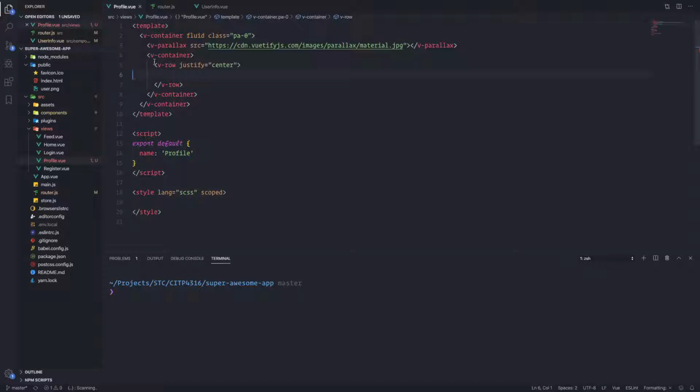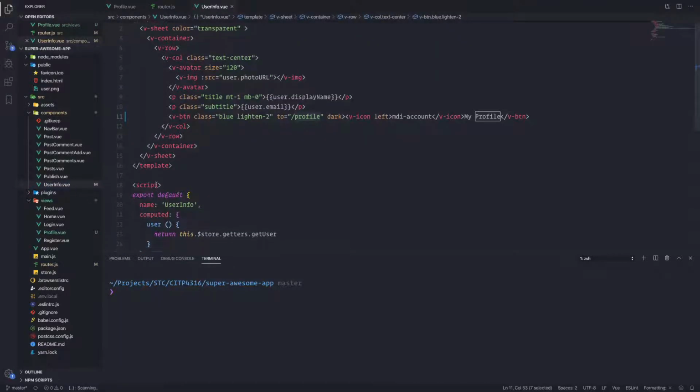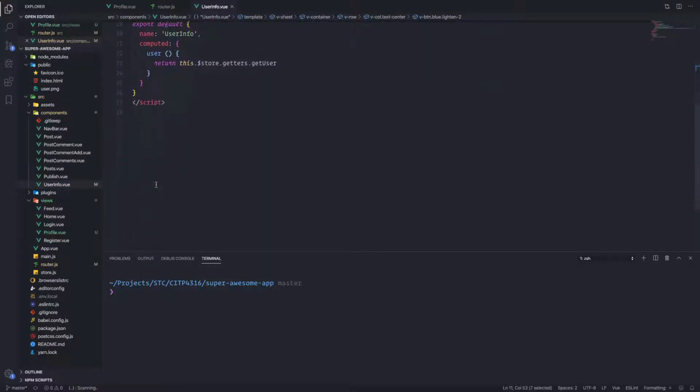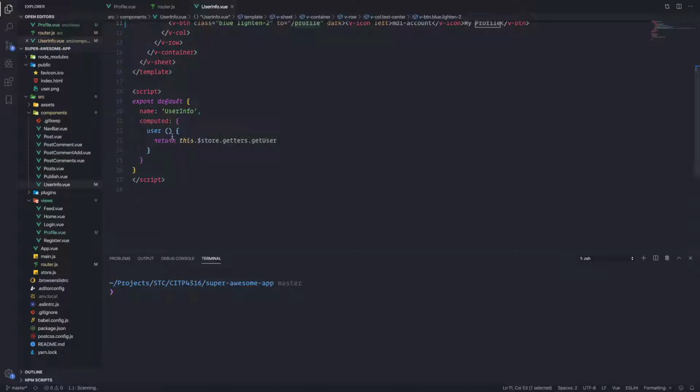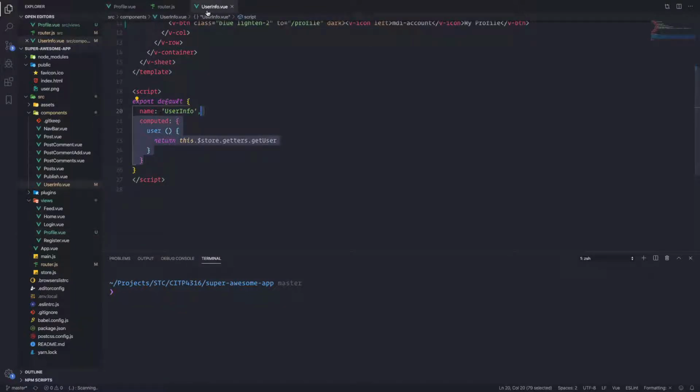So let's actually go to the user component. And in the user view, we have this computed element to get the user. So let's actually copy that computed element and paste it in the profile page. And now we have access to the user object. And having access to the user object, I can actually